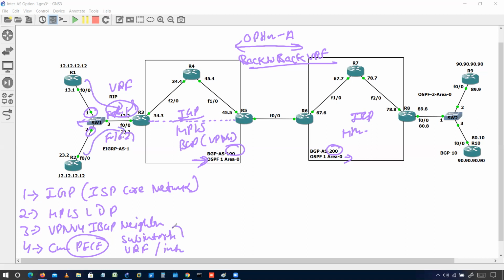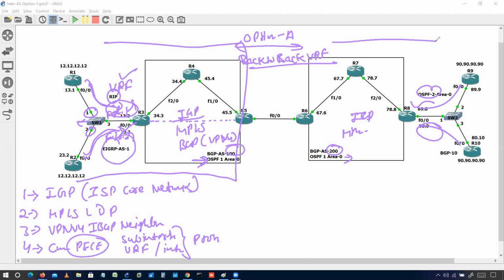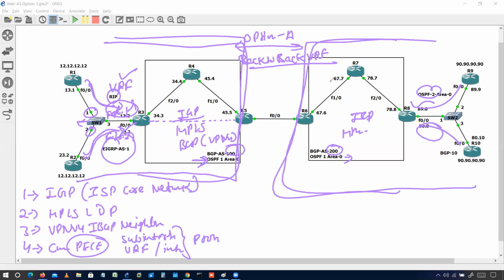After these things, I will be using the IGP protocol. So here we have RIP, EIGRP, same here we have OSPF, and here I will configure a BGP neighborship in the VRF. So we'll have an idea of how we configure RIP protocol using a VRF, EIGRP protocol using a VRF, same OSPF and BGP in VRF. Till this point, this is basically a normal VPN configuration, a normal BGP configuration, and finally we will touch option A.